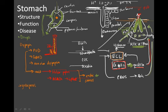So after talking about these drugs that can be used for peptic ulcer disease, we can talk about a couple of drugs that can act upon the stomach to prevent either nausea or vomiting, or too much acid: antacids. So very simple antacids that are over the counter also include sodium bicarbonate, which is typically Alka-Seltzer or baking soda,